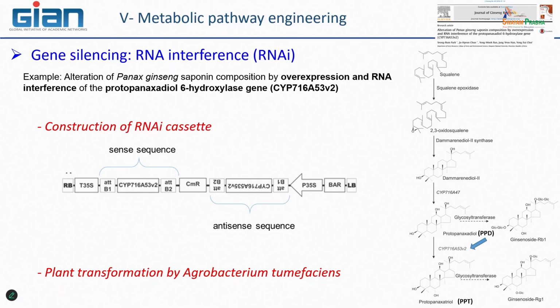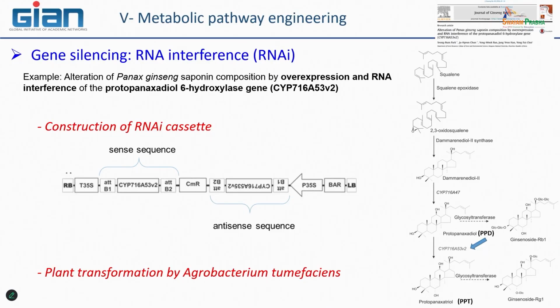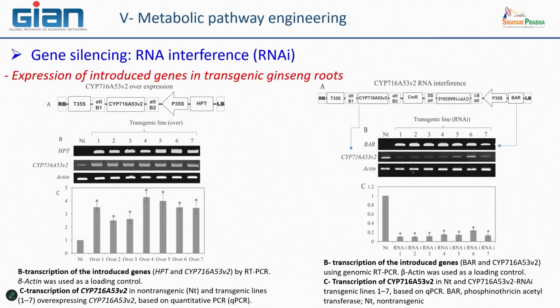After that, they transformed Agrobacterium, which was now recombinant with this construction, and they used these Agrobacterium lines to transform plant cells, in particular of Panax ginseng. They regenerated lots of plants, and what is shown here are some results concerning what happens in these transgenic plants. In this paper, they also used another type of strategy, which I will discuss with you after.